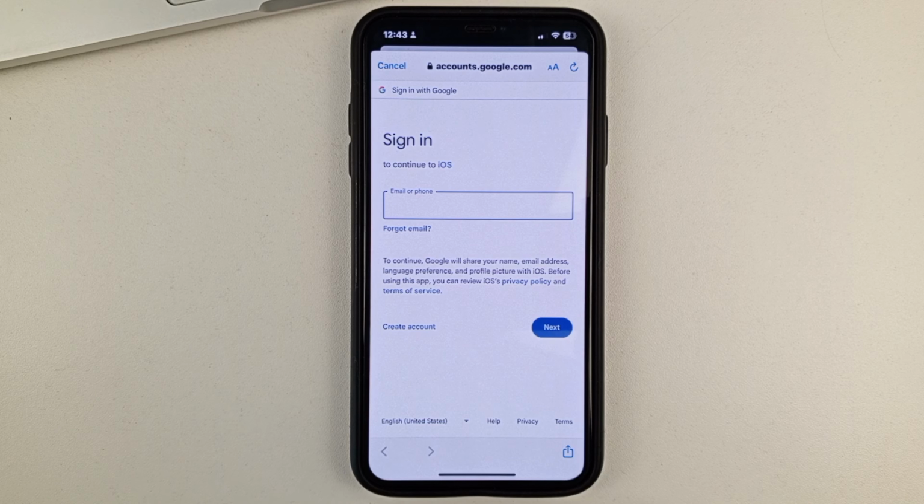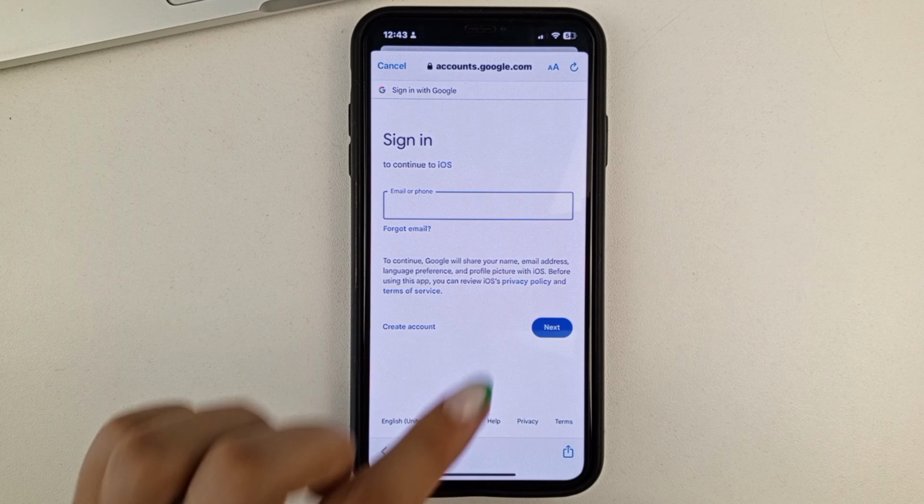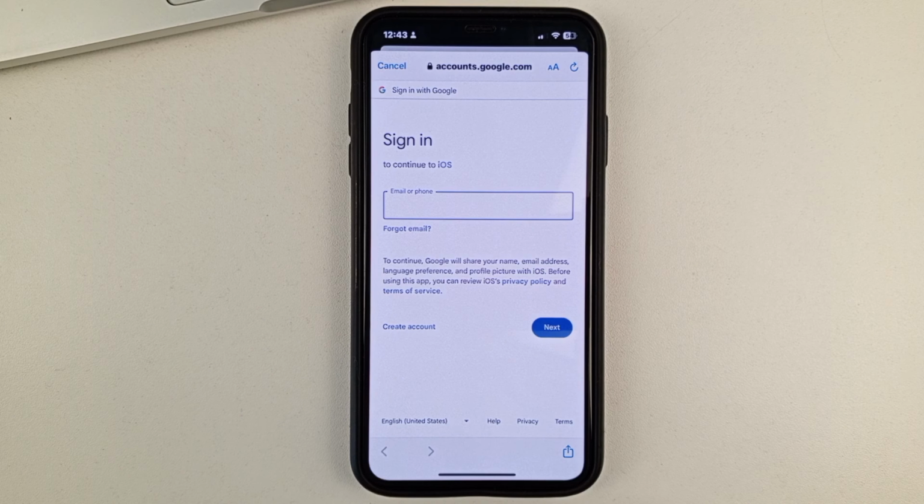After that, a page will load on your web browser. Next, you will need to enter your address or your phone number. Once you've entered your Google email, then click here. And the next thing you need to do is enter your Google account email, and also click Next. If you have two-factor authentication set on your phone, then you will need to go through it.